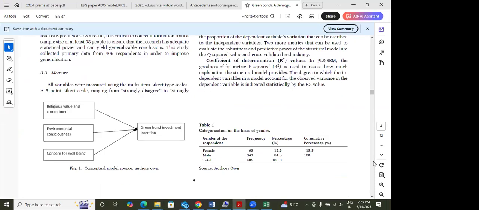What I'm trying to tell you is how to find out the variables. When you make an ADO model, what is included in it? Let's say this is one paper of mine. Here there is a dependent variable and an independent variable, and this paper is based on primary data from a questionnaire. These are called the variables: these are the independent variables and this is the dependent variable. So in each of the papers,